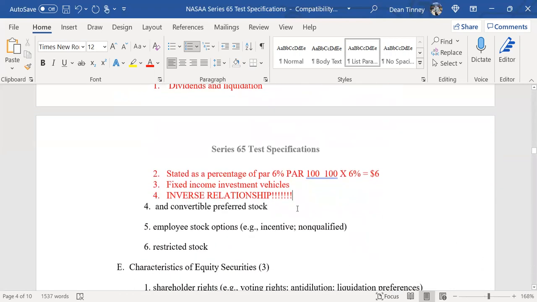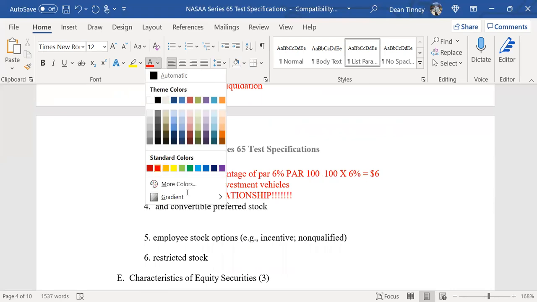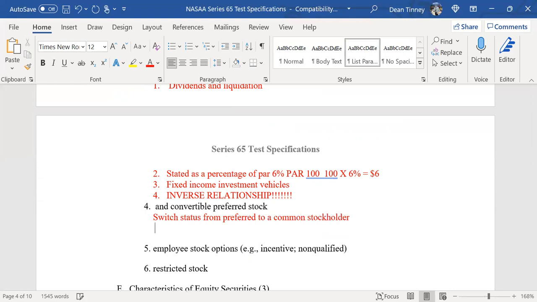Now, in a convertible preferred stock, we allow you to switch your status. You can switch your status from being a preferred stockholder to a common stockholder. And that's going to be based on what we call the conversion price. So when it's issued,